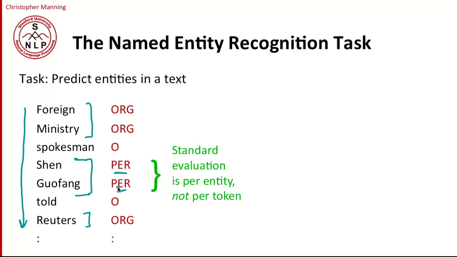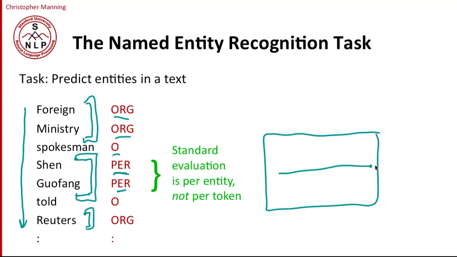Now, you can think of that as making a classification for each token in sequence, but in a way that doesn't terribly make sense, because really our unit of interest is these whole entities, the person and the organizations. And so the standard and better task-motivated evaluation that's used for named entity recognition is to evaluate per entity, not per token. And so when we're working out our 2x2 contingency table of true positives and so on, and here's our system guess, what we're going to do is do it at the level of